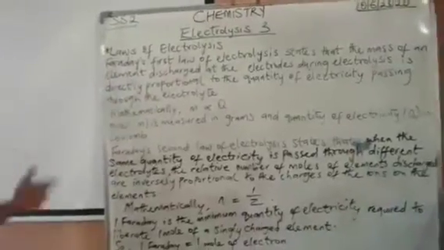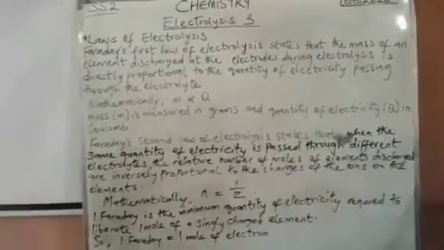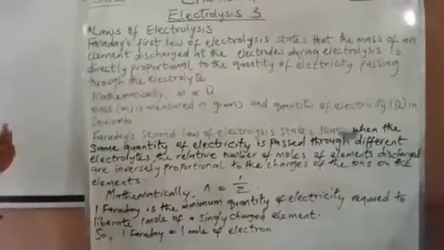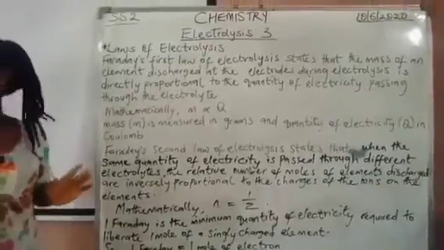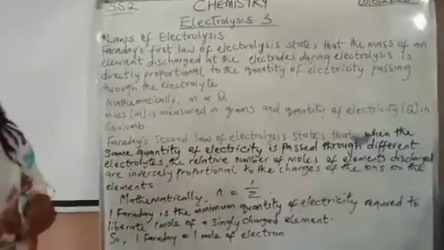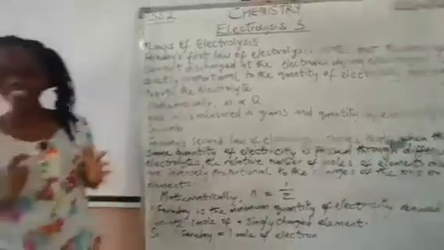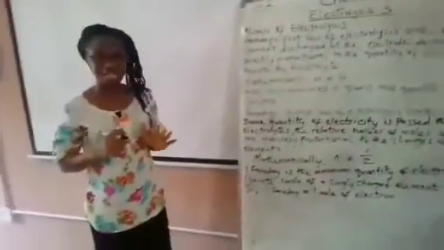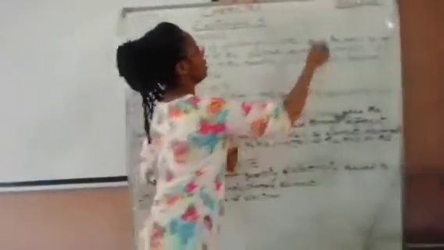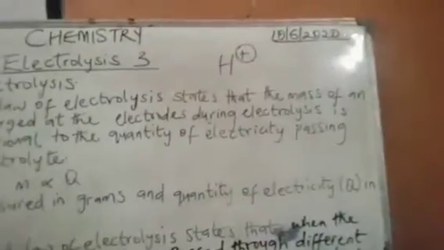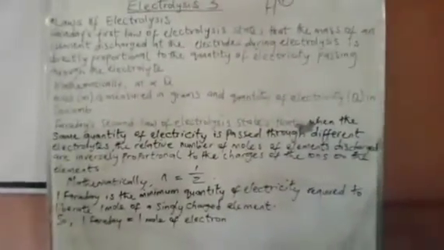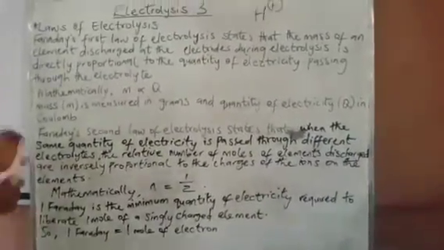Michael Faraday also discovered that for the quantity or the amount of the products that can be formed or liberated at any of the electrodes, three things can be involved. Number one is the magnitude of steady current that is passed through the electrolytes. Also, the charge on the ion, for example the hydrogen ion, and also the time taken for the current flow. Using these three main factors, he drafted two main laws that are referred to as Faraday's laws